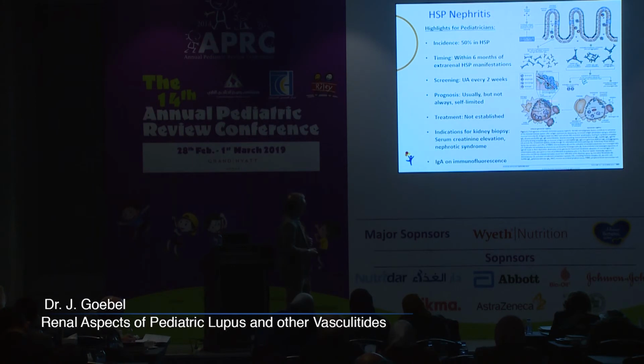That's especially helpful because there's really no established treatment for HSP nephritis. We sometimes feel like we should try steroids or some other immunosuppression. None of that has been shown to work. And when we get phone calls from referring pediatricians, "Hey, I have a kid that developed HSP 6 weeks ago. Now he or she has an abnormal urinalysis. What should we do?" We usually say probably nothing, because nothing has been shown to work for the kidney part,